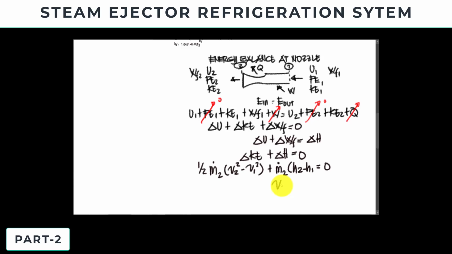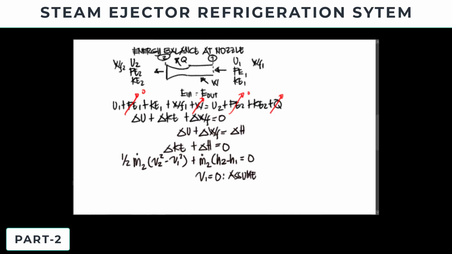Then since our velocity at point 1 is not given, we can say this one is 0. So we're going to assume it is 0. So we can say that our velocity now,